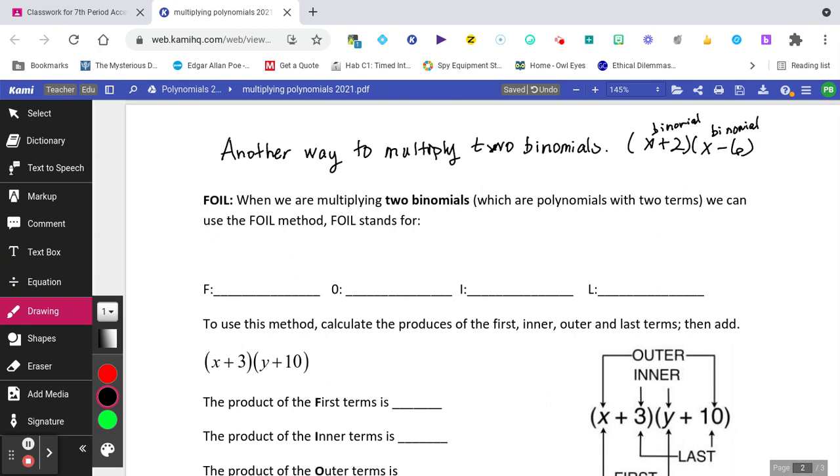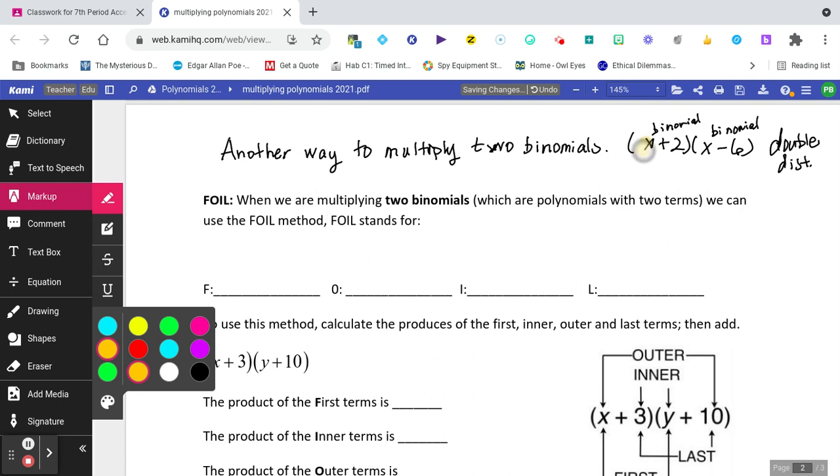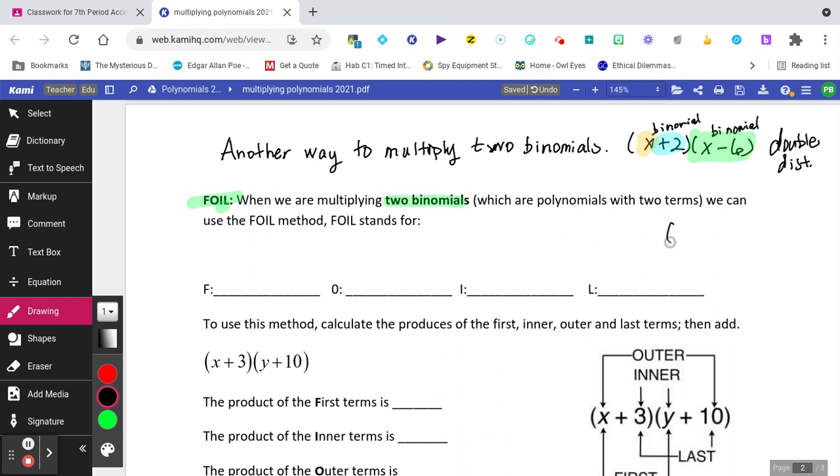Consisting of 2 terms. Now, I taught you all to use double distribution. Where you break one binomial up or break one term up or parentheses and keep the other parentheses the same. So I taught that method, but 4 is another way of multiplying 2 binomials. I will say this, 4 will not work on something like this. Because this is a binomial and this is a trinomial, guys. FOIL will only work on two binomials, which is why I always really just teach